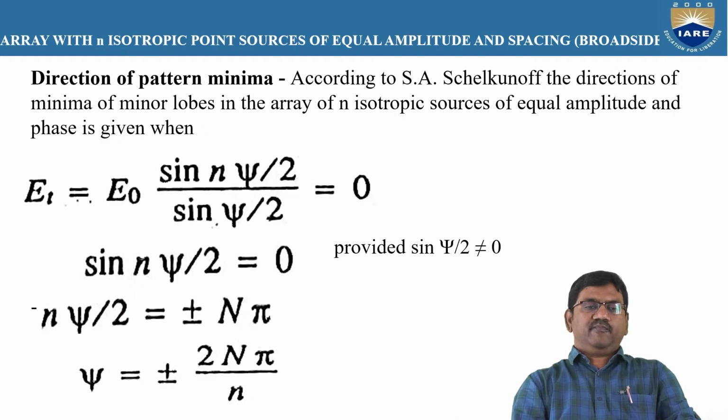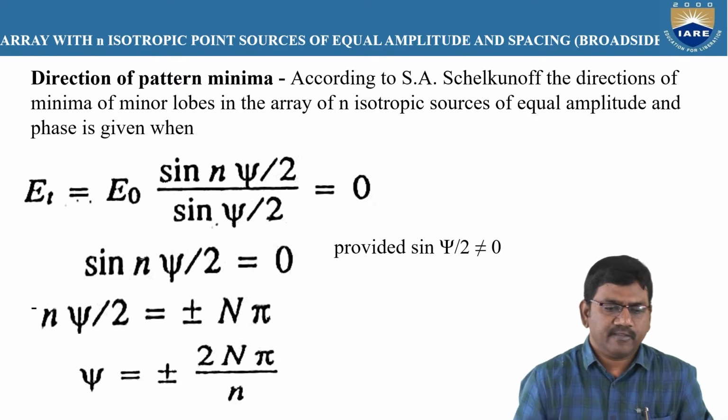Now the direction of pattern minima. Now let us find out the direction of pattern minima. So we have drawn the radiation pattern for major lobe maxima and minor lobe maxima. We took two considerations: one is major lobe maxima, the other is minor lobe maxima. Now let us find out the direction of pattern minima. So the directions of minima of minor lobes in the array of n isotropic sources of equal amplitude